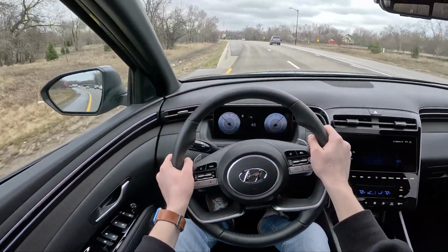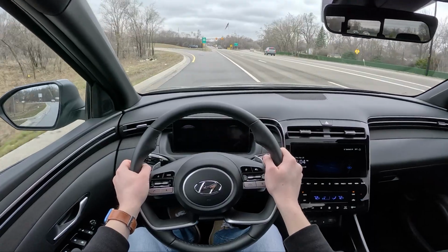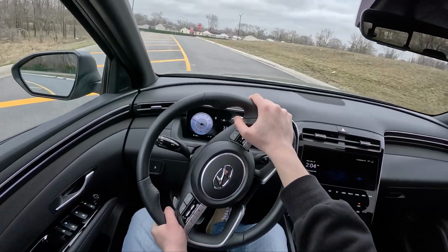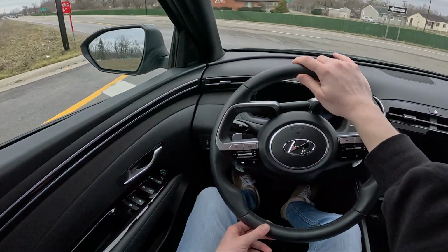Ooh. Yeah, this thing's quick. Pretty similar power to a Ford Maverick with the 2-liter turbo. But of course, what do you get in the Ford Maverick? You get a regular traditional 8-speed auto. So probably going to last longer than this dual clutch. But if you drive it spiritedly...